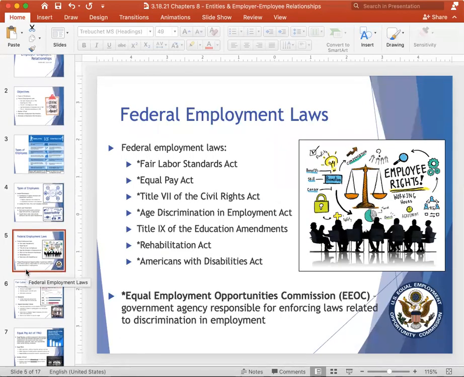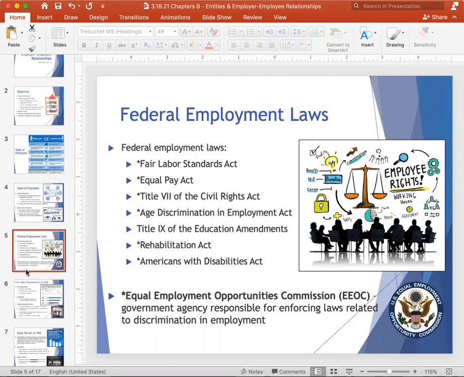When looking at the employee-employer relationship and employment laws broadly, there are a number of laws that pertain to employment, and more specifically, employment discrimination. So on this slide, you will see there's the Fair Labor Standards Act, Equal Pay Act, Title VII, Age Discrimination in Employment Act, Title IX, Rehabilitation Act, and Americans with Disabilities Act. We are going to focus on the first 5, as the Rehabilitation Act and Americans with Disabilities Act were covered